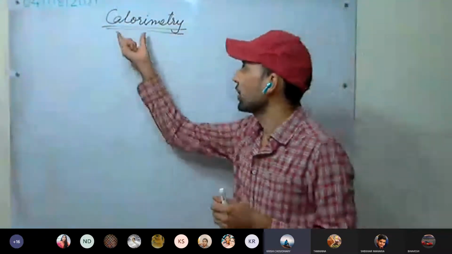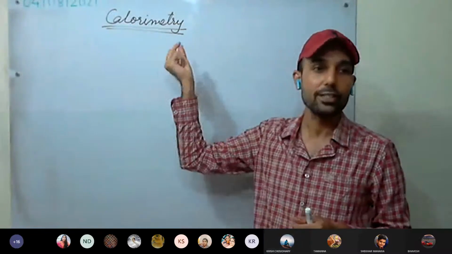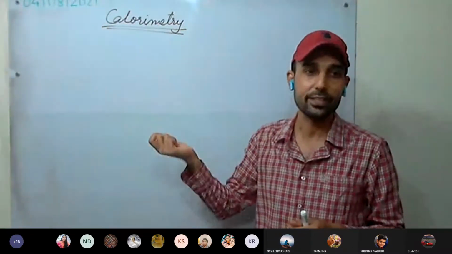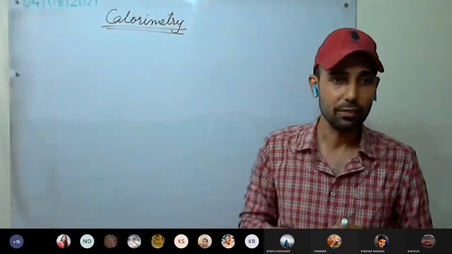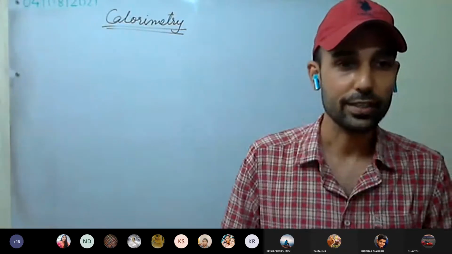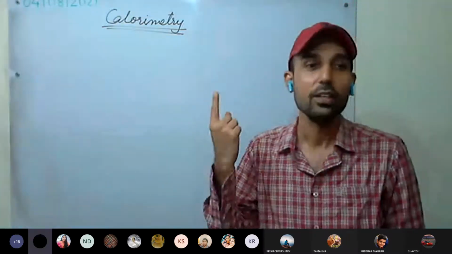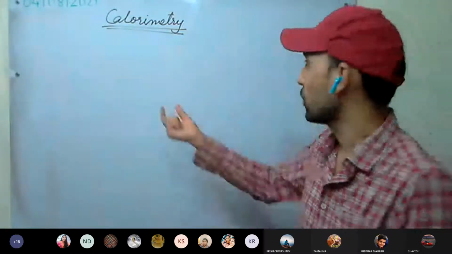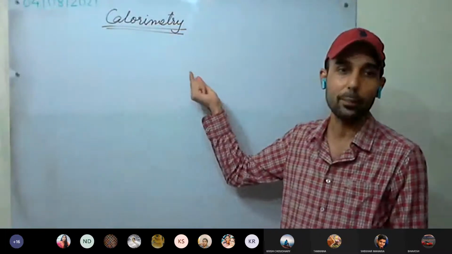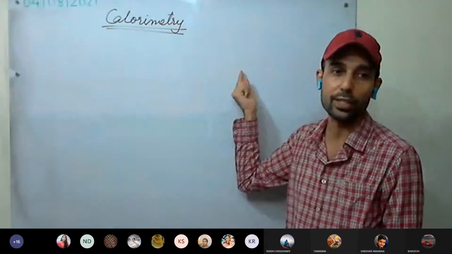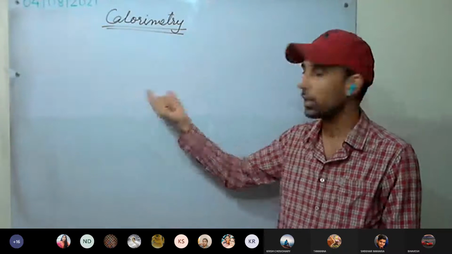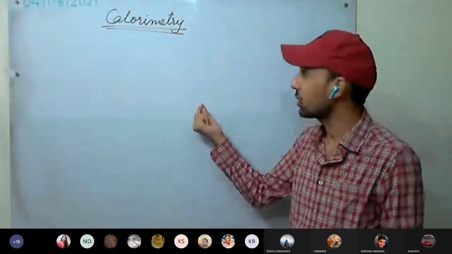Okay. So we are going to discuss calorie. Mainly, calorie is a unit of heat energy. You are studying in 7th class. 1 calorie, how is it defined? The amount of heat energy required to raise the temperature of 1 gram of water through 1 degree Celsius. That is 1 calorie. 1 kilocalorie is for 1 kg of water. Okay, this we have discussed.